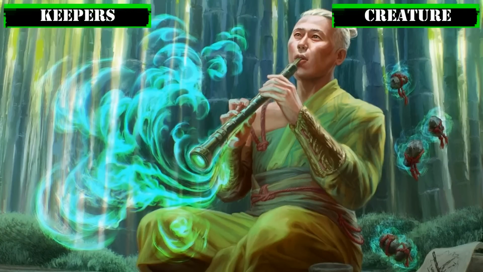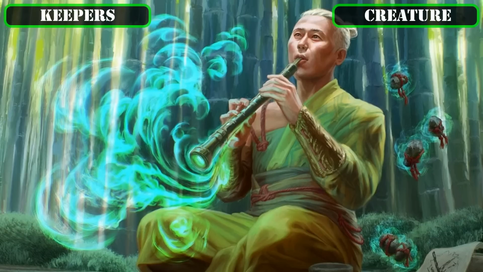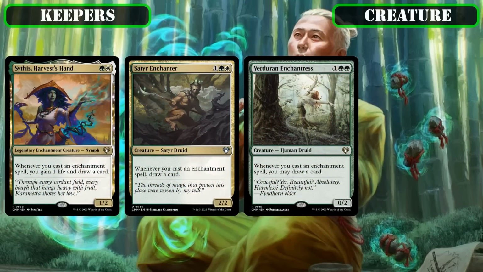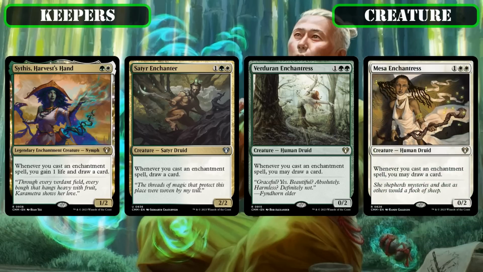Starting with the creatures that we'll be holding on to from the core build, we'll begin by retaining the various enchantment payoff creatures included in the base build to help fuel our enchantment-heavy game plan. As such, to help pad our core stats, we'll be retaining Sythis, Harvest's Hand, Satyr Enchanter, Verduran Enchantress, and Mesa Enchantress as sources of repeatable card advantage as we cast our enchantments to ensure we can keep our hands nice and full,